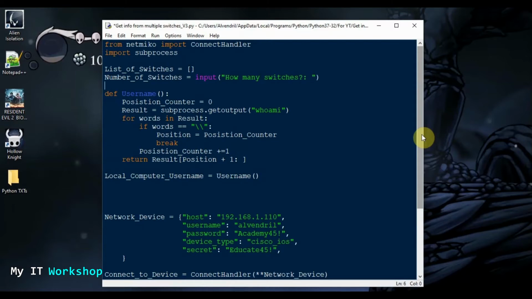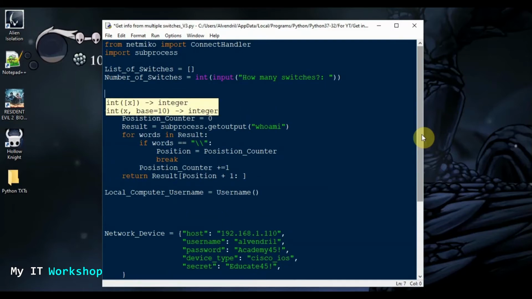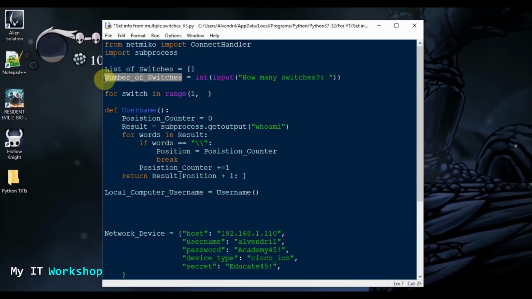So I have this, and since this is going to be an integer, it's going to be 1, 2, 3, 4, 5, 6, 7, 100, I don't know. I know it's not going to be a string, so I'm going to save it as an integer, so we don't have problems later. Then we're going to do a for switch, this is a variable, in range from 1 to this variable, number of switches